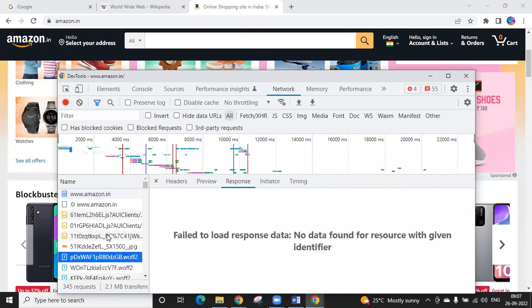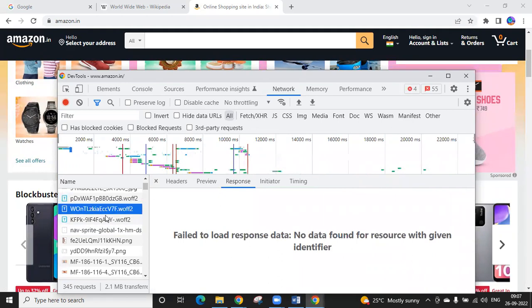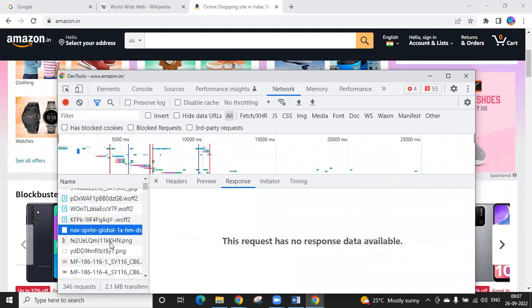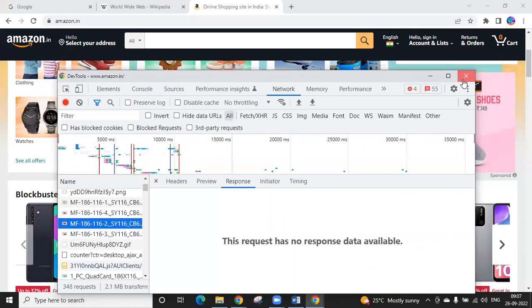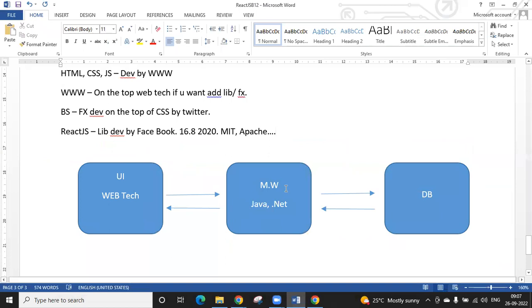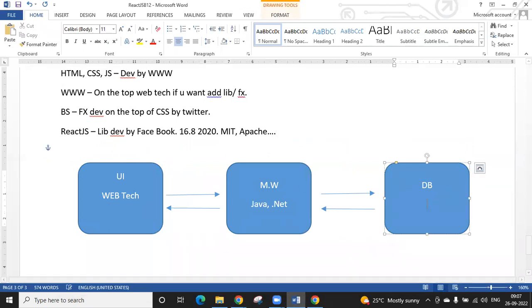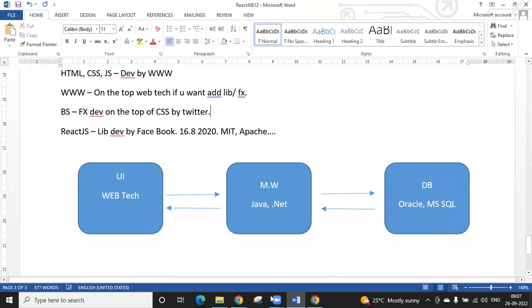Okay. So just a few members are new to this session, that's why I'm explaining. Okay. We completed 3 sessions last week, and even today is a starting session. So we are going to learn how to perform this. Next, our database is Oracle, MS SQL, MySQL, nowadays NoSQL. Okay.